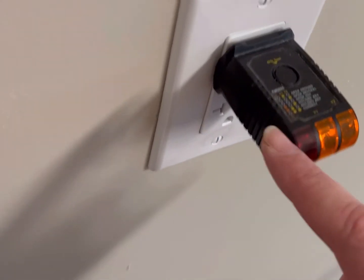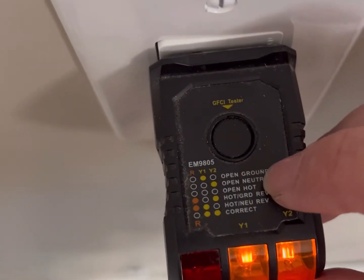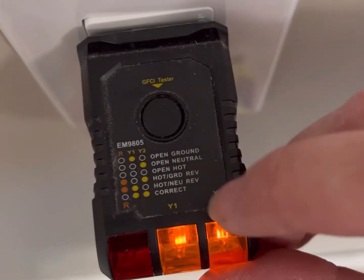If you're gonna do any electrical work, I highly recommend getting one of these little things. You plug it in and it's gonna tell you if something is wrong. In my case, 2 yellows means